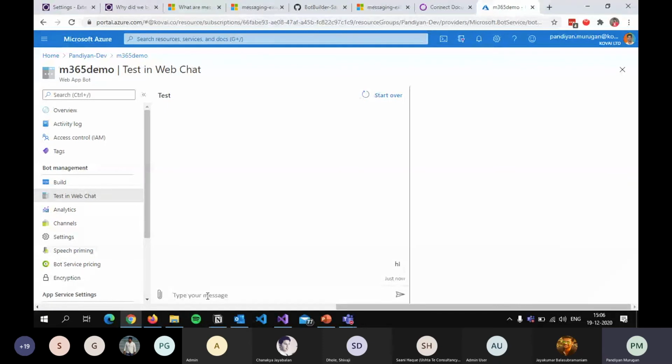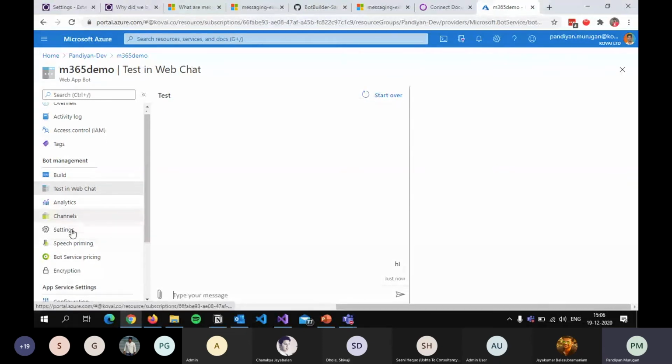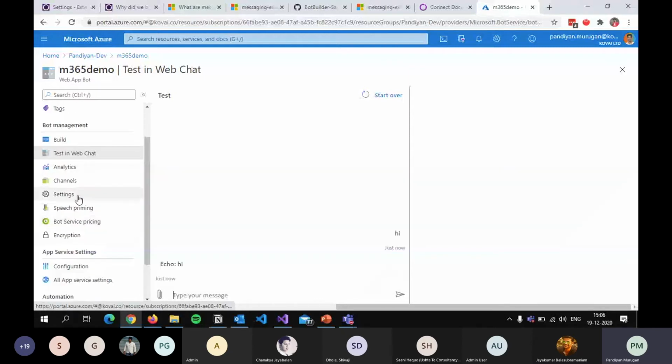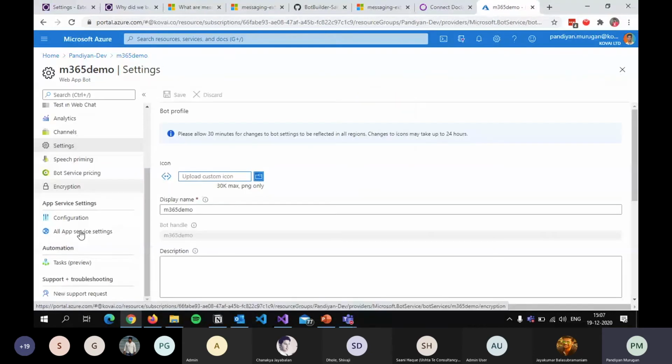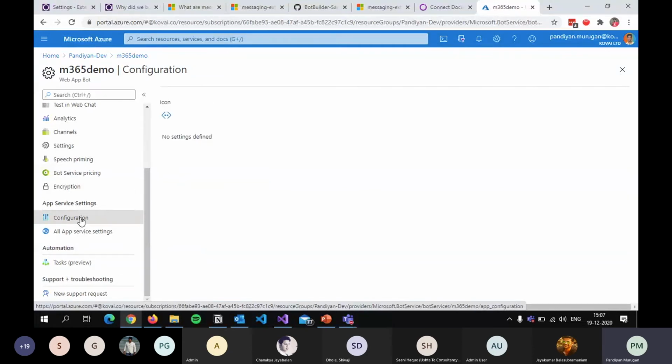As I said, it's just replying whatever text I type. So the next step is to go to the configuration, take the app ID from the bot, and provide it inside our code. Let's say in the manifest file, we need to provide it here.